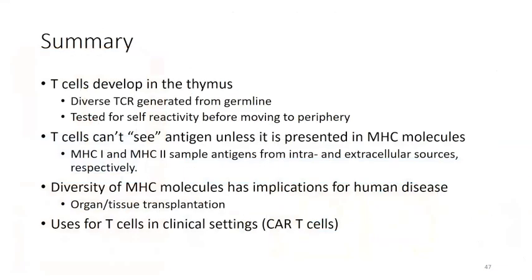Finish then with just a little summary. T cells develop in the thymus. They generate this repertoire of T cell receptors using rearrangements. Those binding with high affinity to self are killed off in the thymus, which is negative selection. We looked at the processing pathways, MHC1 and MHC2, which present